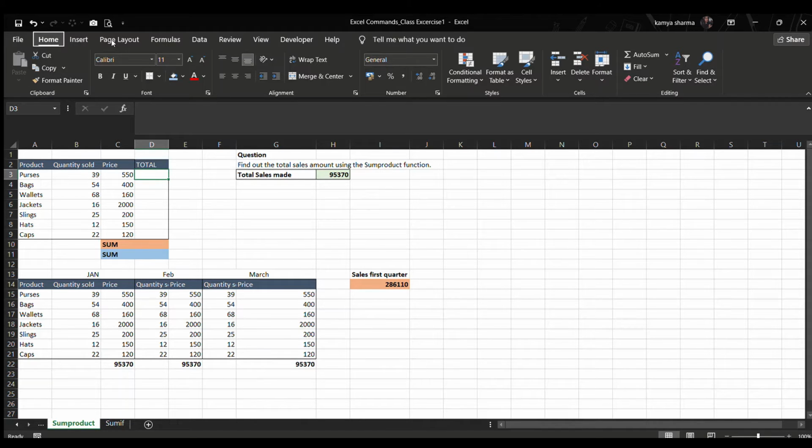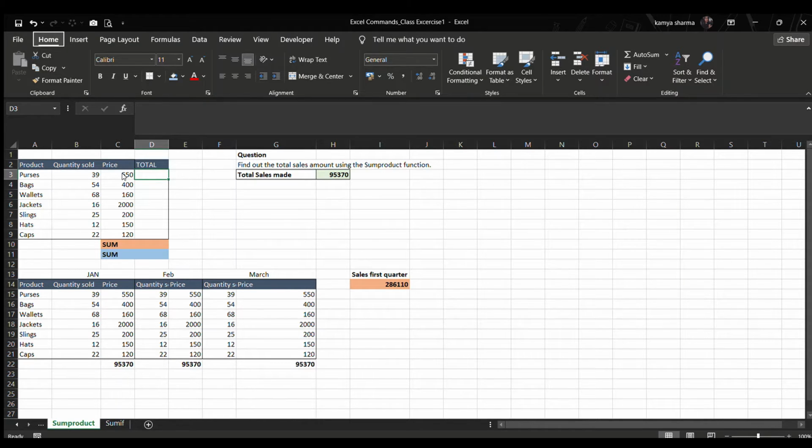We'll begin with table 1. In table 1 we will first use the sum function. To use the sum function, we would require the total for every product. What the sum function does is basically add up all the values and provide you the total.